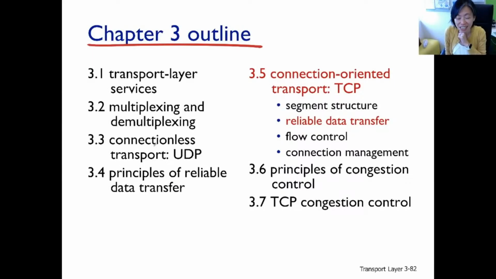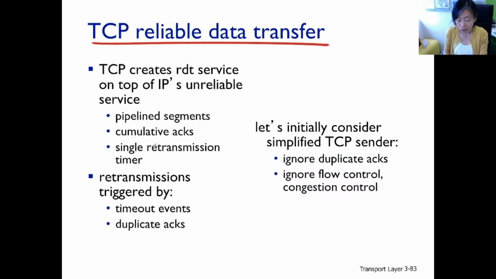And here, RDT of TCP. These are the characteristics. First of all, it's pipelined. So we send packets back to back in TCP as well. We could have multiple packets in one flight. And the acknowledgement is cumulative, meaning the sequence number in the ACK indicates that all the packets up to that number are received correctly. And there's only one retransmission timer for the entire flight of packets. When that timer times out, we retransmit the flight of packets.